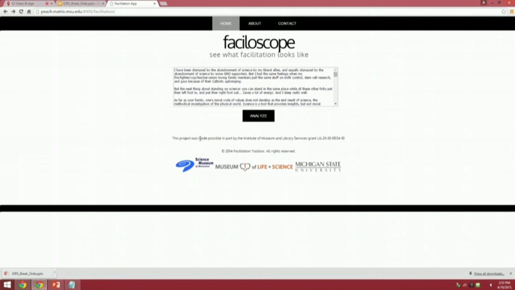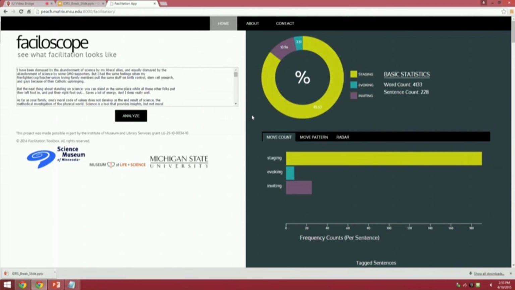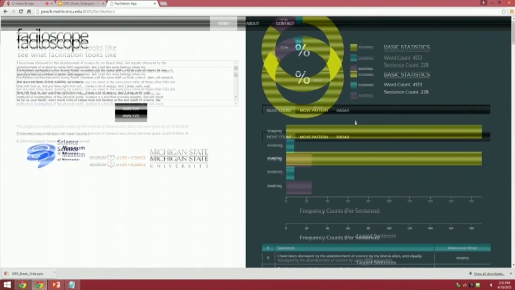So what we're going to see is I've pasted a discussion thread from the wild. This is from discover.com, Discover Magazine, on climate change. I've just stripped most of the text out of there. These are a conversation that happened underneath a particular story, right, in Discover. And I'm going to hit the Analyze button, and the Faciloscope is going to show us what's going on in that thread. And what it's actually looking for are 3 signature facilitation moves.